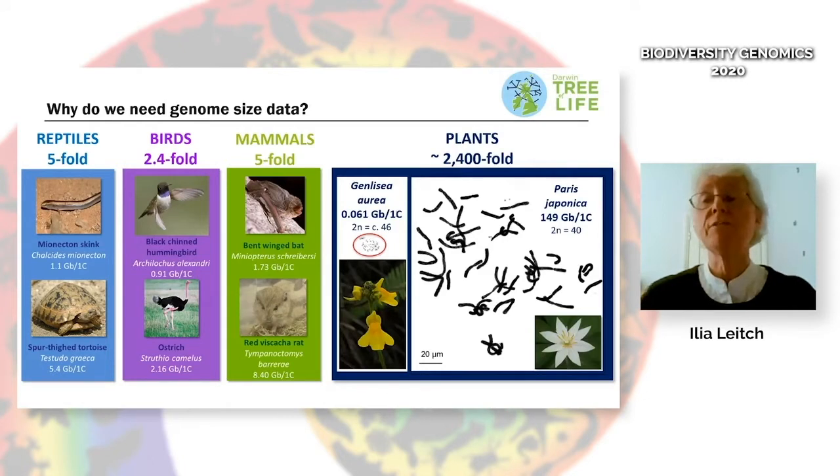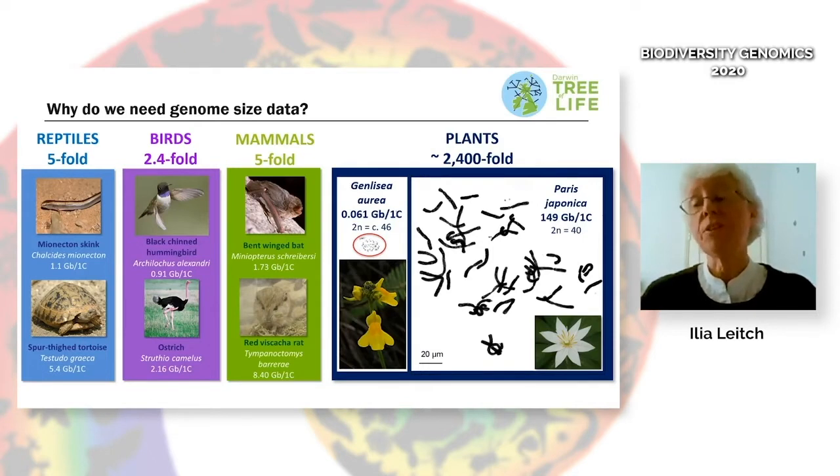a huge diversity of genome sizes, probably the biggest range for any comparable group of eukaryotes, with genomes ranging 2,400 fold in size, from the smallest genomes found in some tiny little carnivorous plants belonging to the genus Genlisea, such as Genlisea aurea shown here,